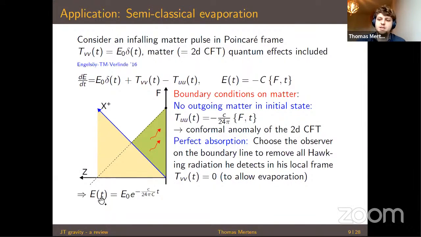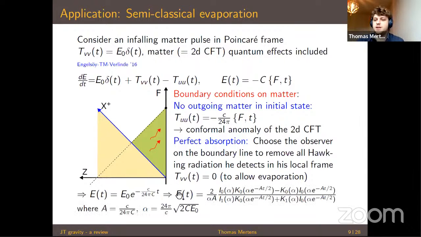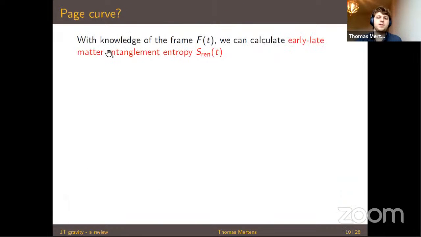And given this energy as a function of time, you can immediately find this time reparameterization. So I just write it here for completeness. I will not need a specific form. It's given in terms of these modified Bessel functions. Now, with knowledge of this time reparameterization F of T, we can actually calculate the early-late matter entanglement entropy during